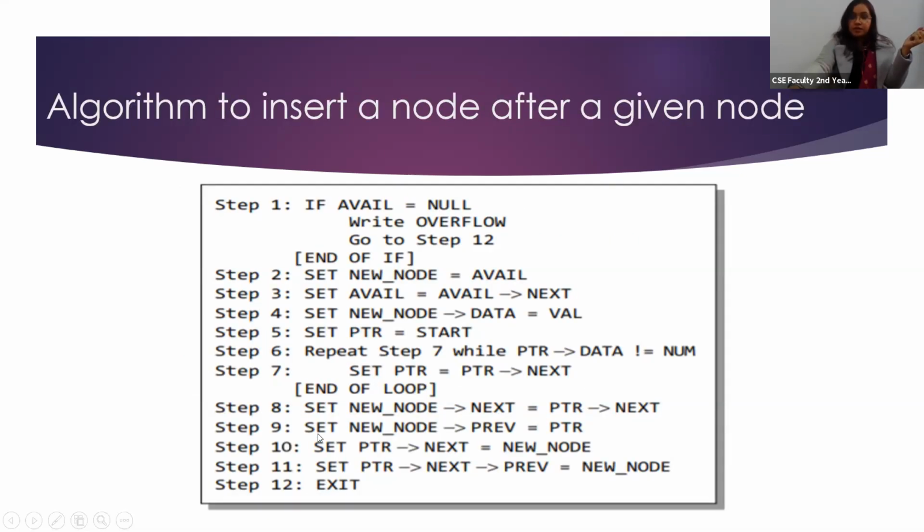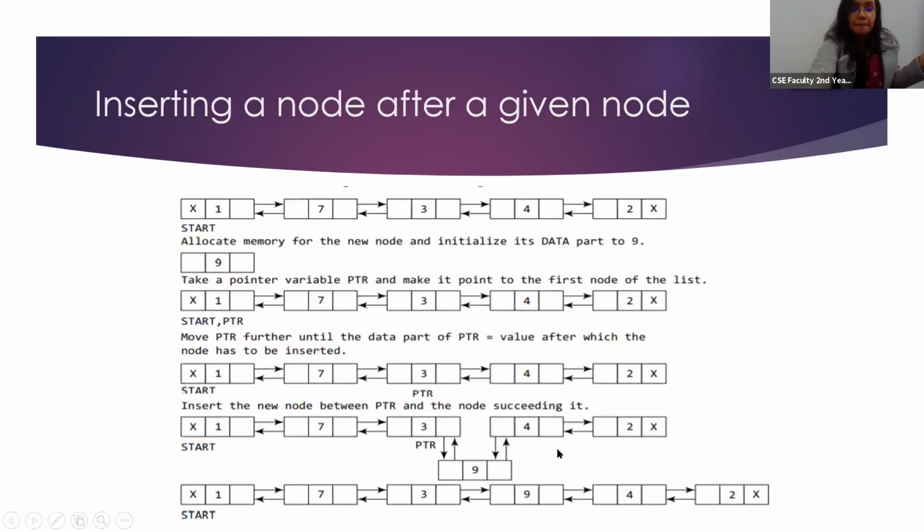Next, set new node previous equal to pointer. New node previous equal to pointer. You can complete this one also first, no problem. So once this is done, then they have done this one. You can complete two of this first, then you can complete two of this. That also you can do. But at least one joining should be here. Otherwise, it will be lost.